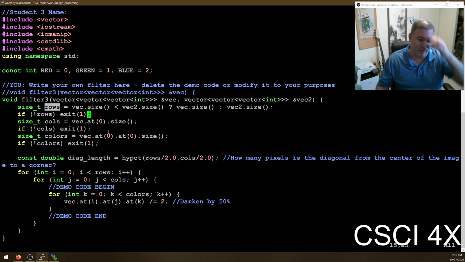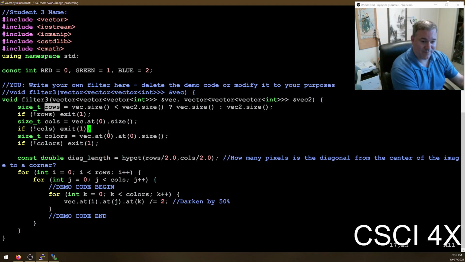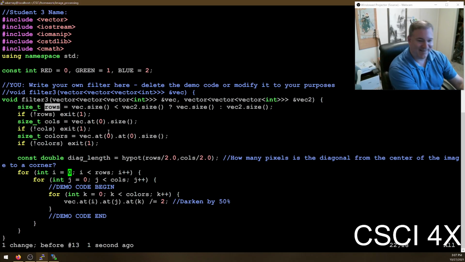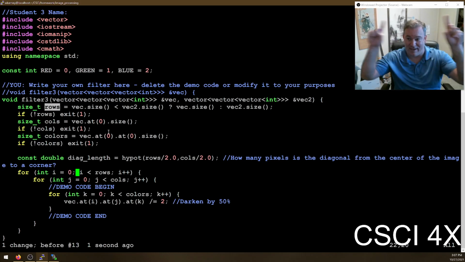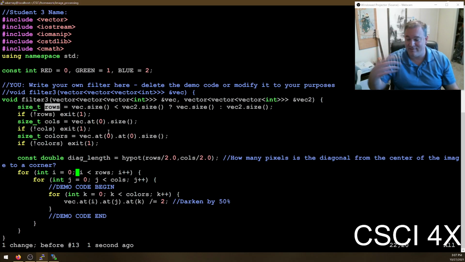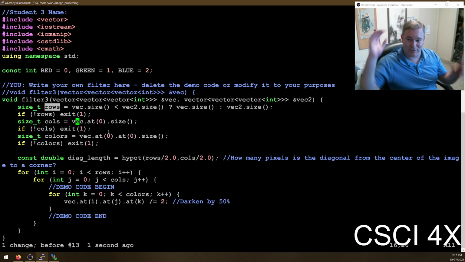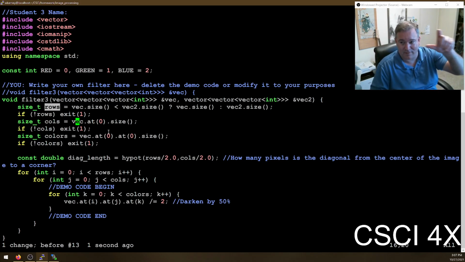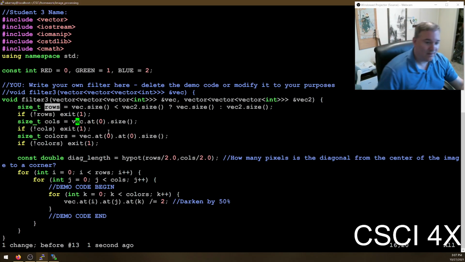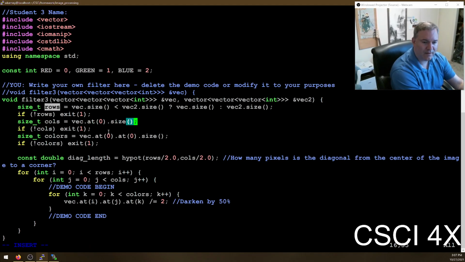So what I did was I just modified the for loop so that I would start on row 1. So I just didn't blur the outer edge of the image. That way it simplified my code. I didn't have to do crazy bounds checking on it. So I'm going to do the same thing here. I'm just not going to worry about bounds checking by just taking the smaller of the 2 dimensions. So if we have a 10 by 20 and a 20 by 10, it'll only composite the 10 by 10 area in the middle. Okay, so columns, vector size